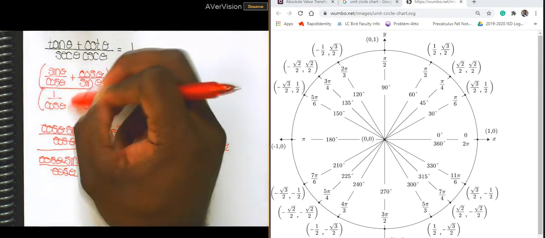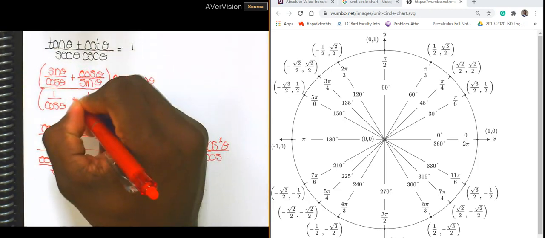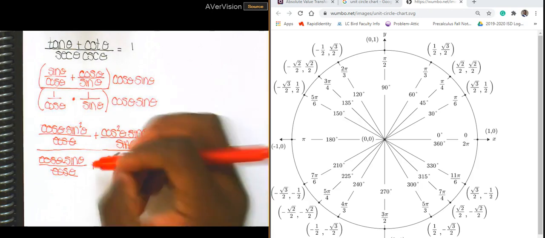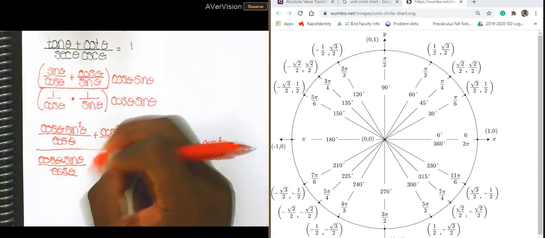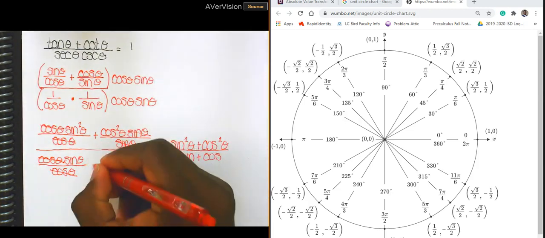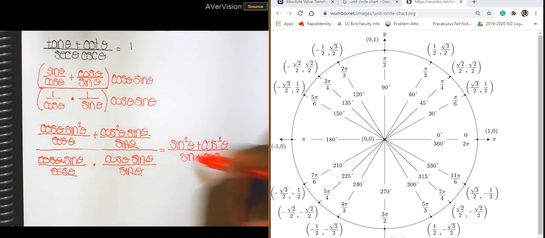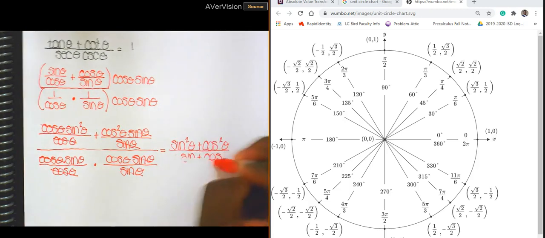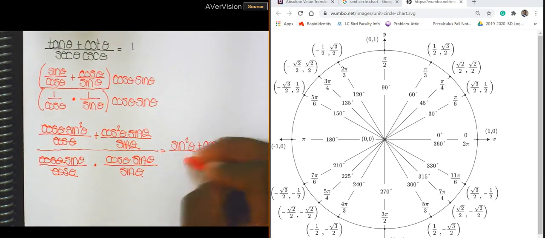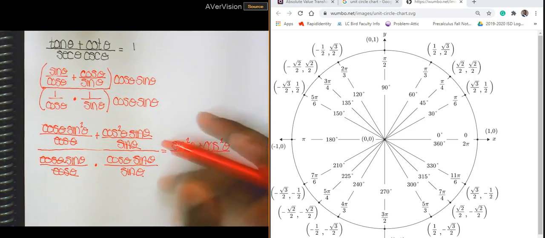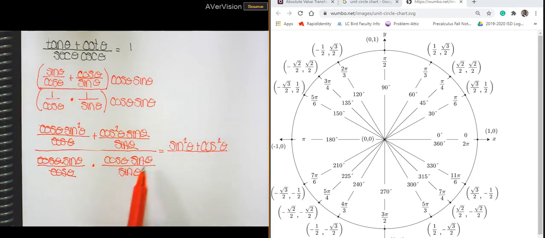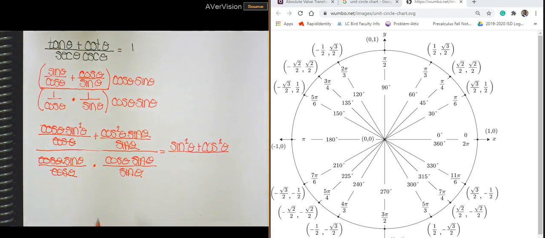I made a mistake. This is supposed to be multiplied. All right, so since everything in the denominator is being multiplied,